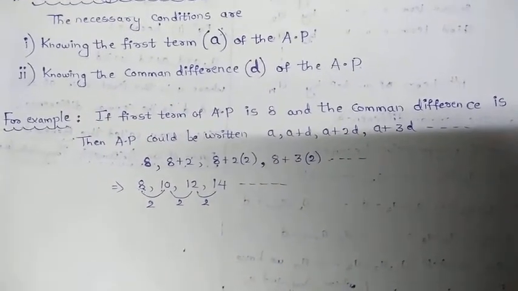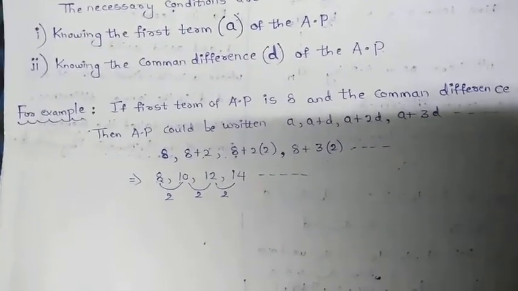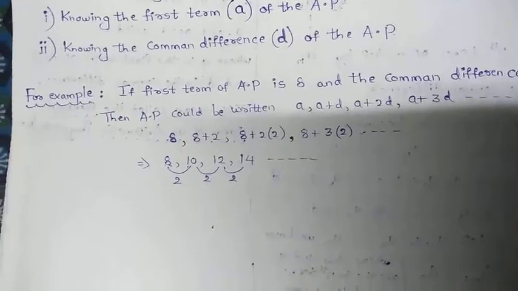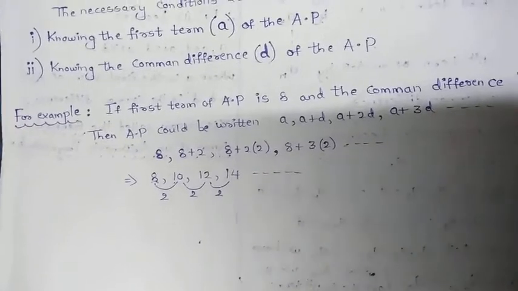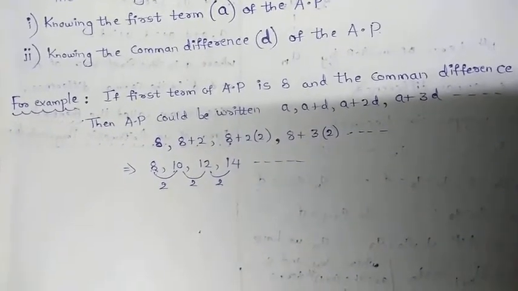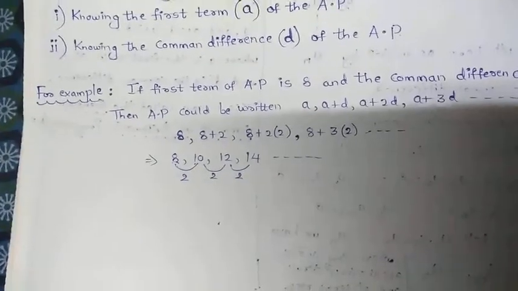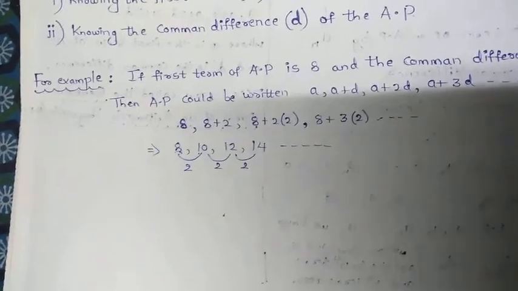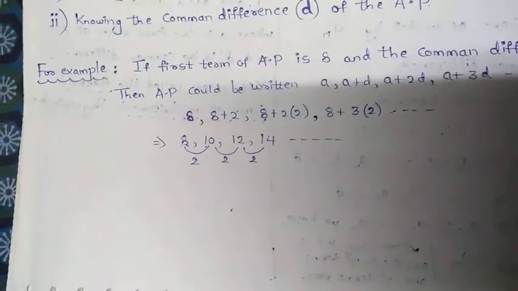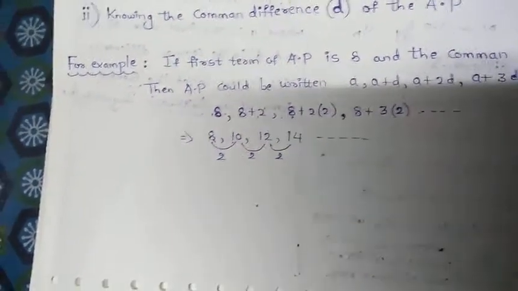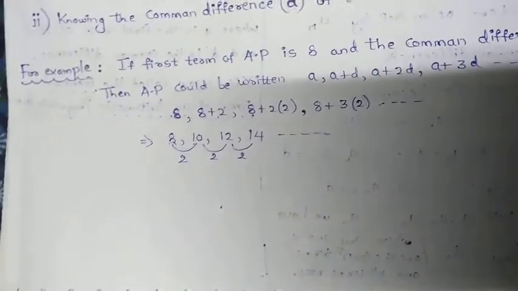So in today's class, we studied what is meant by arithmetic progression. What is the definition of arithmetic progression? What do you mean by the first term? What do you mean by the common difference? And after that, we generalized the arithmetic progression, that is the generalized form, a, a plus d, a plus 2d, and so on, right? And after that, we studied the types of arithmetic progression, which is finite arithmetic progression, which contains a finite number of terms, and the second one is infinite arithmetic progression, if the arithmetic progression contains an infinite number of terms.